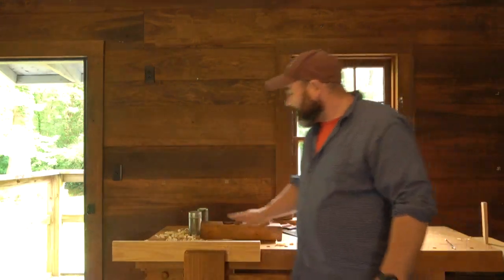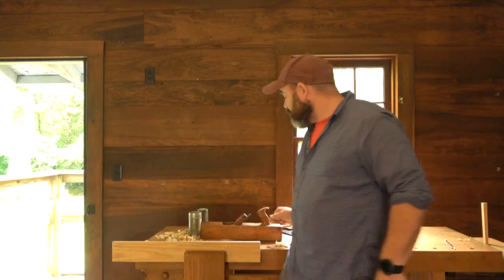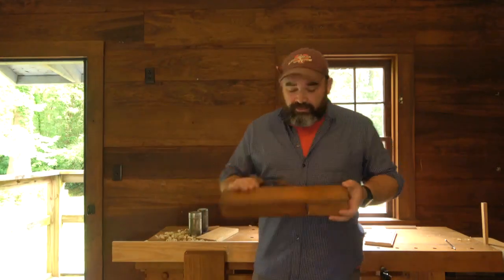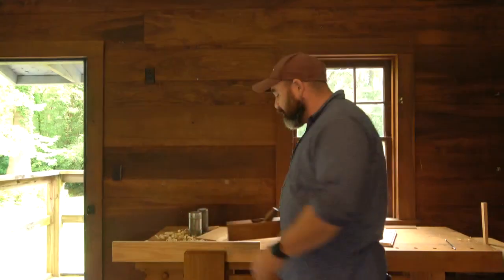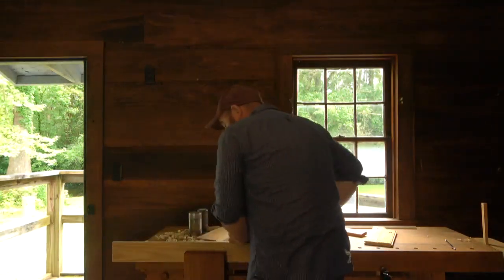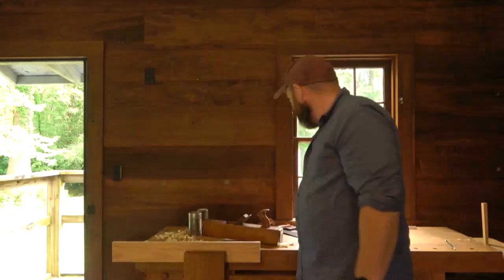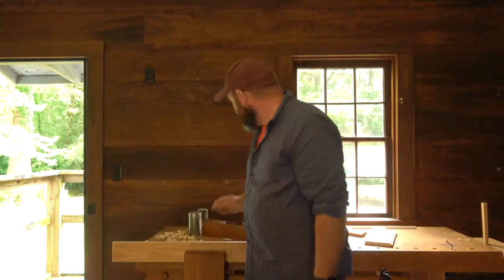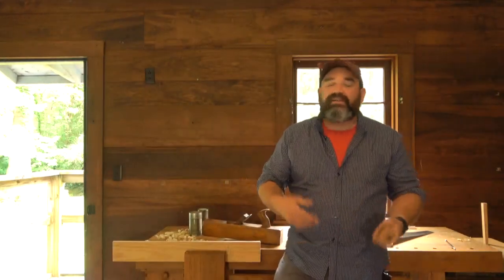And the second camp we have is a historic woodworking camp, and students will be using old tools. All of the tools that they'll be using are at least 100 years old. Others are close to 150 years old, and they'll be using those tools, whether it's a hand plane or hand saws or gauges, to build something out of wood, multiple things out of wood over the course of the week, things that they can take home. Don't know what we're making yet because I still have about a month to figure that